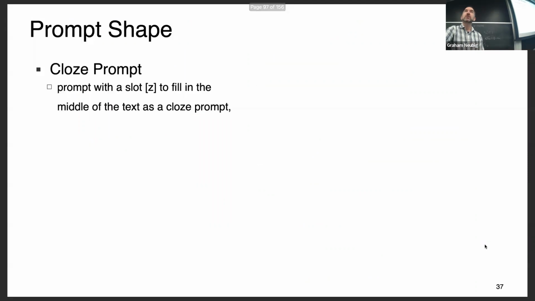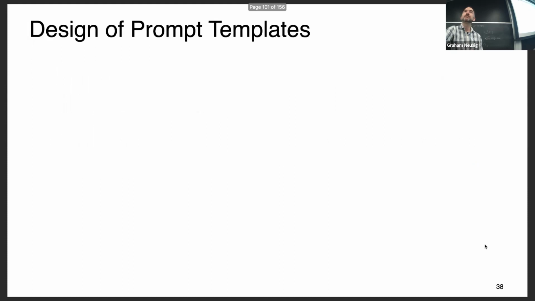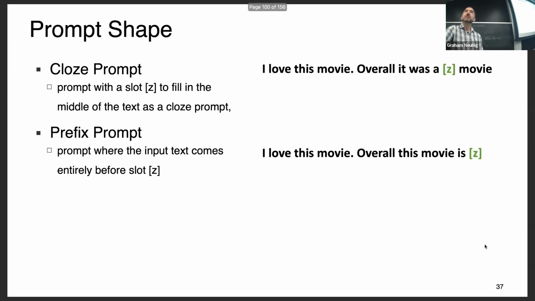As I mentioned before, in a cloze prompt we fill in the slot. It looks a little bit like this. In a prefix prompt, we have a slot at the end. Once we've decided which one we want to use, which depends a lot on the task we're solving and the language model we're using, we'll want to design an appropriate template that allows us to achieve the task well.